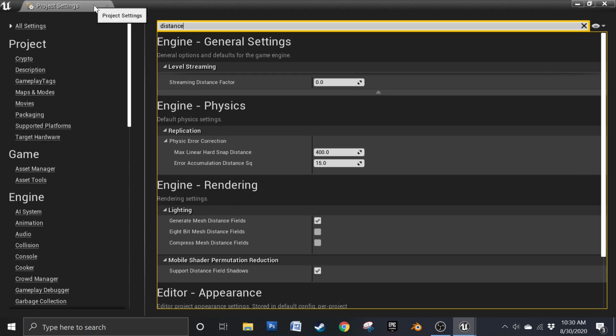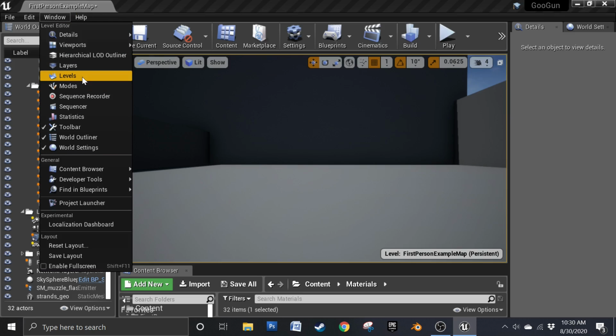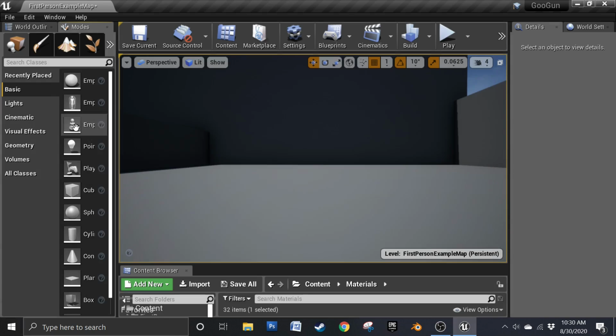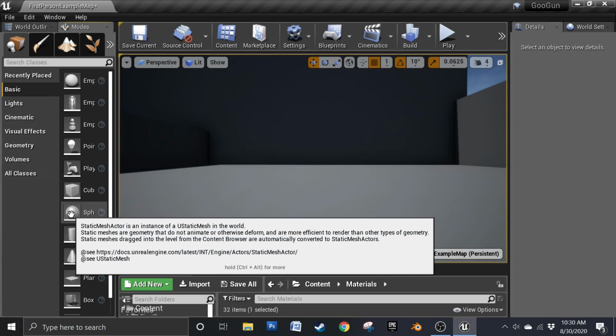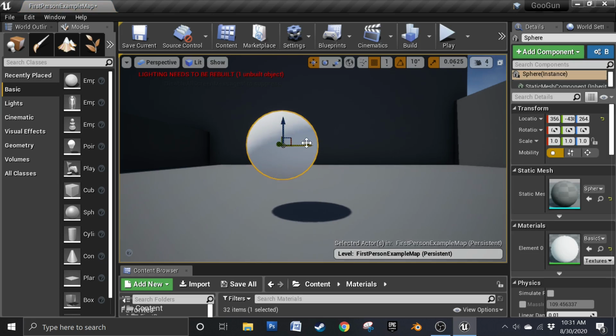So once that's done, you can exit out of your project settings, and all we're gonna do is go up here to my window and open my modes tab, because really all I want is a generic basic sphere. So now we got a sphere,